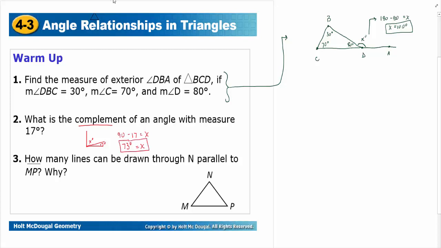And then number three says how many lines can be drawn through N parallel to MP. So here I have to be parallel, which means I can never touch it. So if you think about it, no, there's only really one line you can draw. So it'd have to be that one. So I would say 1, and I would say only one line